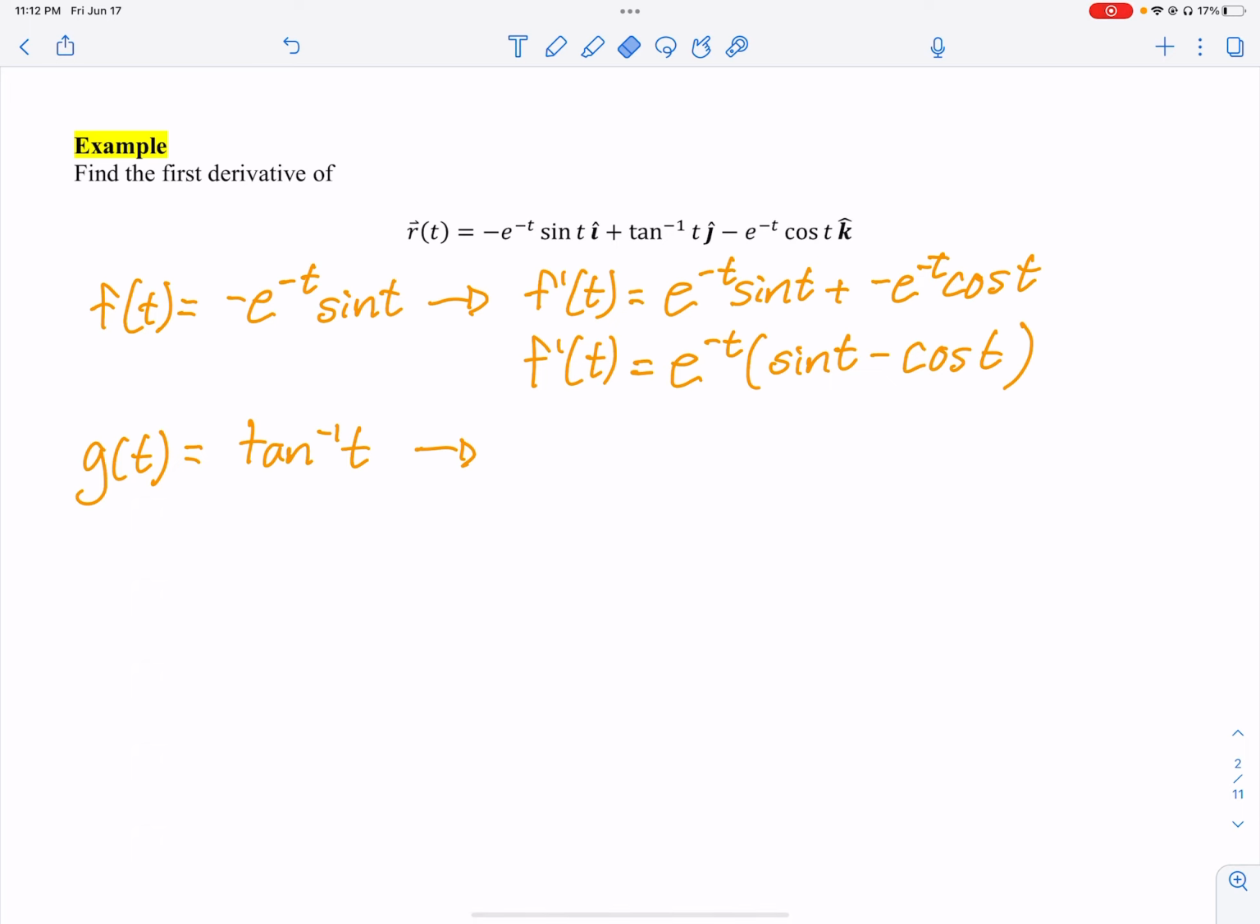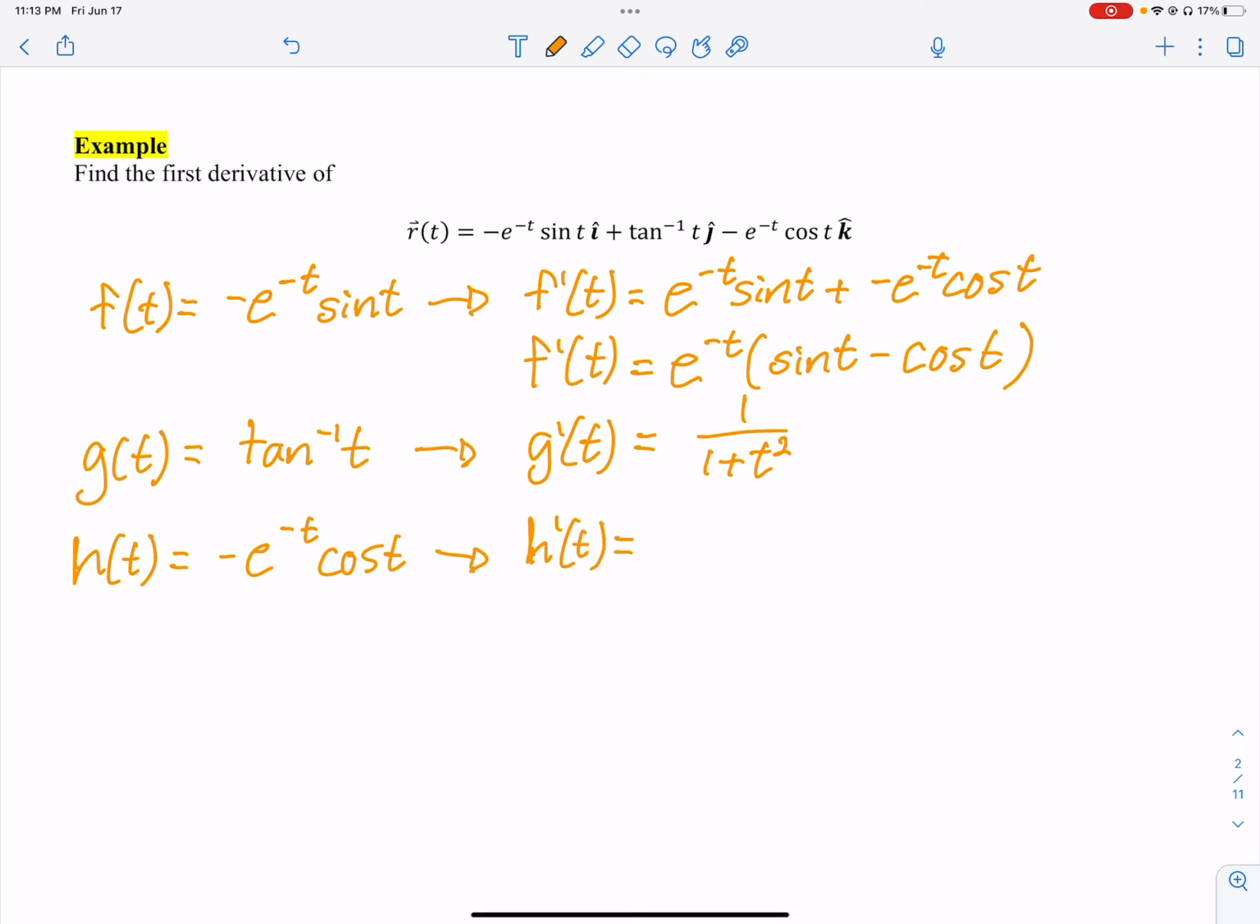So G prime of t, if you don't remember, is 1 over 1 plus t squared. So there's my G. H of t, which is the last one, is negative e to the negative t cosine of t. All right, that gets us H prime. That's what we're looking for. Okay, so this is very similar to earlier; we have a product rule. So I have